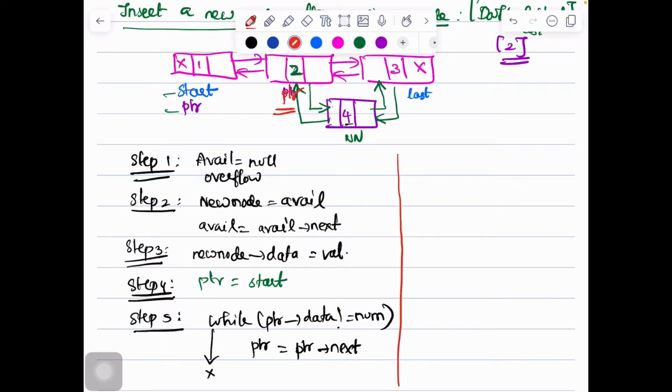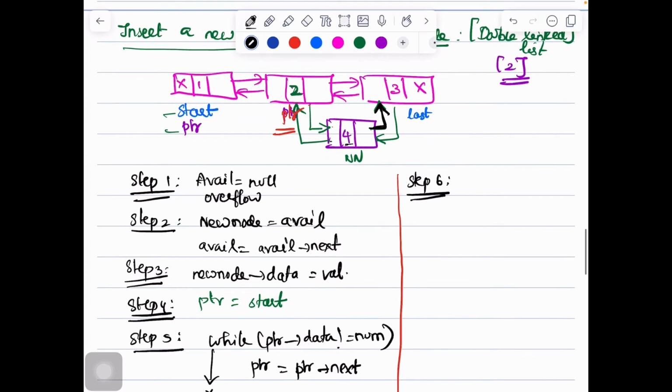So let us first establish the connection. Let us write down step 6. From the new node, the new node's next is now pointing to whom? The ptr's next. If this is ptr, this node is called ptr's next. So the new node's next pointer is now pointing to the ptr's next.